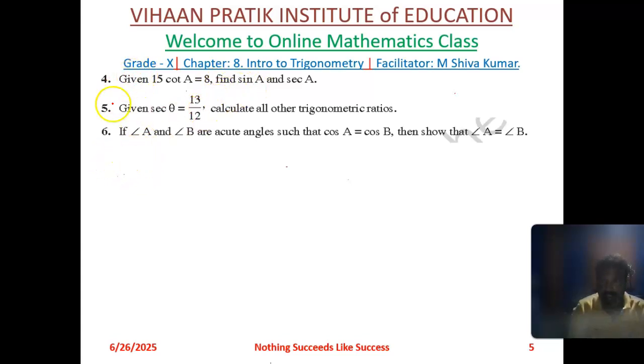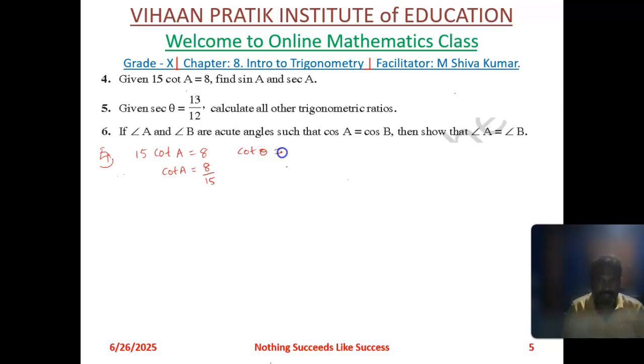Okay, first we'll start with the fourth problem. Now here what is given in the fourth problem: 15 cot A equals 8. In order to find the trigonometric ratio cot A, divide by 15 on both sides. So cot A is 8 by 15. Now we know that cot